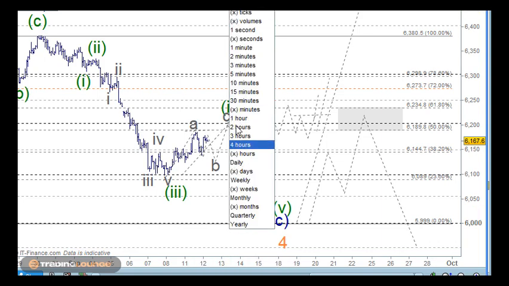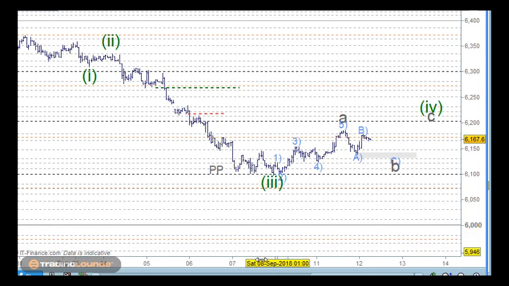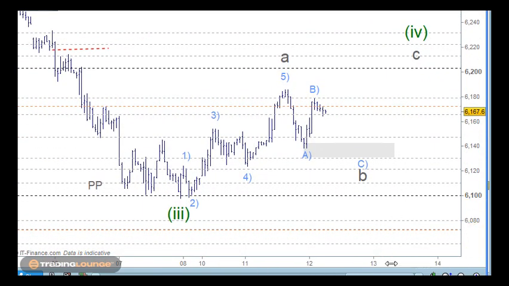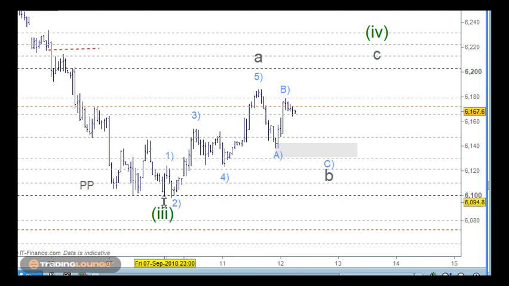So on the hourly chart here, just to have a look at this. From this low right here, because we've got 5 waves that move down from this top here, we've got 1, 2, 3, 4 and 5 in here to finish this one off. So this counts as wave 1 here and wave 2 here, nice wave 3, A, B, C for wave 4, and then 5 waves up for wave 5. So because we've got 5 waves there, after a correction, we'll get another 5 waves up.